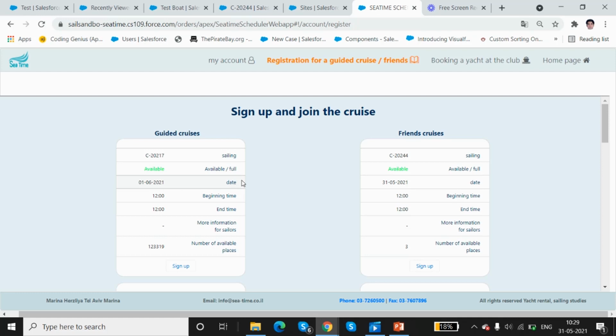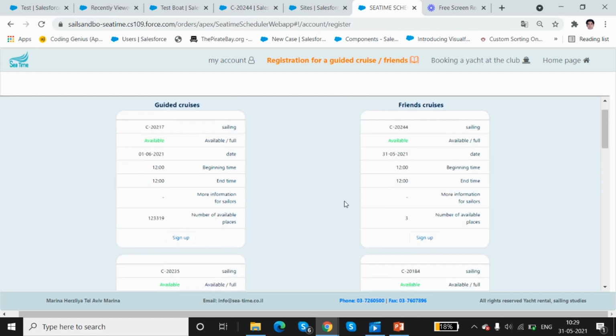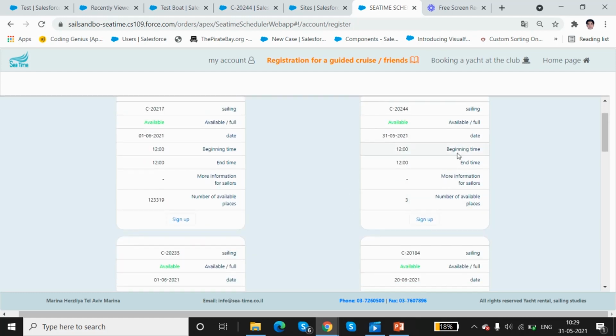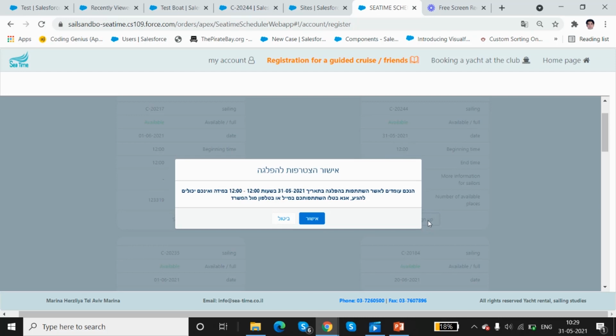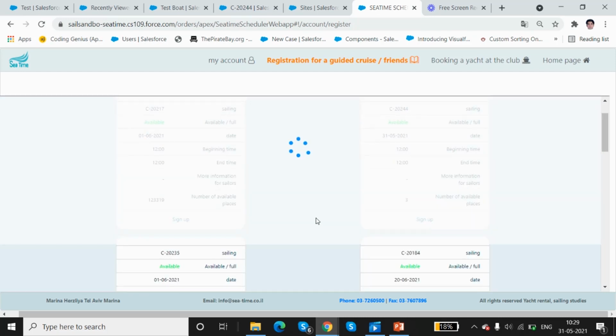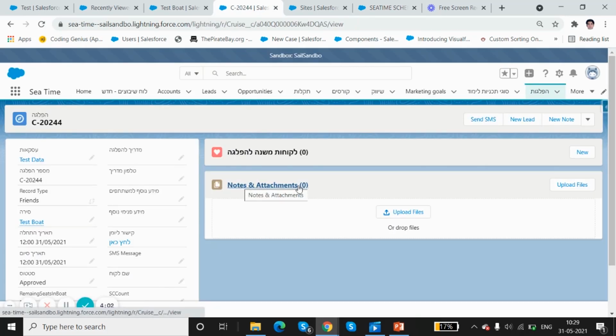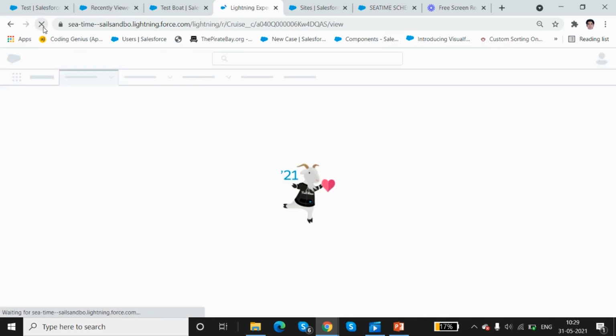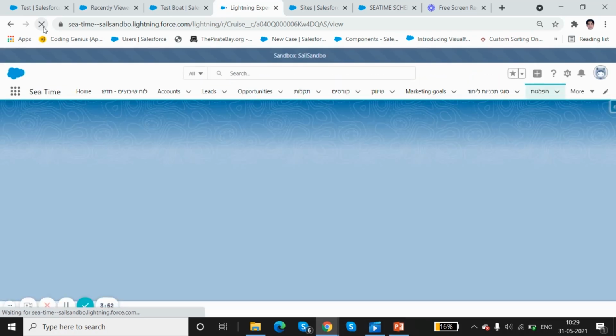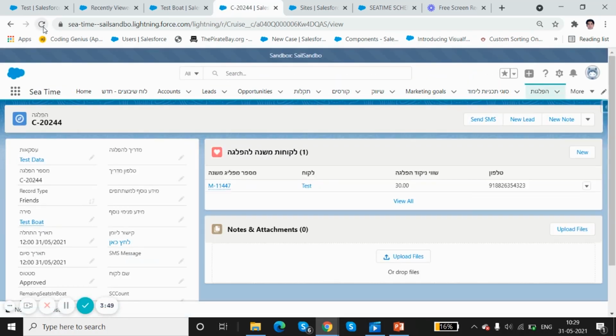As a user visits this portal, they can book the sale under 2 categories, either friends or guided. So recently we have created a sale 20244. So now let's book this sale. This is the confirmation message. As the 20244 sale is booked, a new sub-customer would be created. After refreshing the page, for the sale we booked from the portal, the new sub-customer will be created and it will automatically be created in the test account that is logged in with this UI.